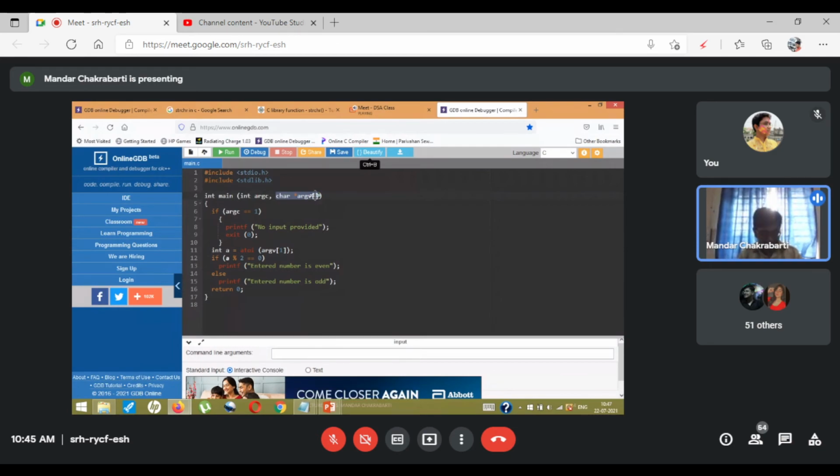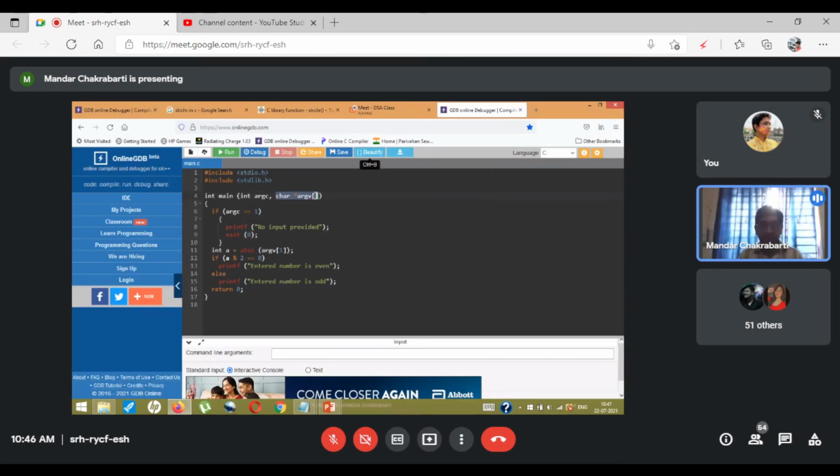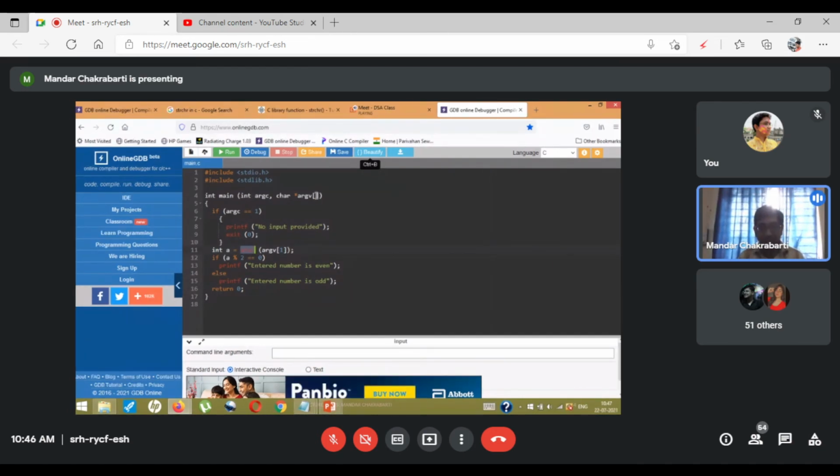But a string is not going to be able to perform mathematical operations, right? With a string, I cannot find out whether it's an even number or an odd. I cannot add two strings. I cannot multiply string values. I need to convert them back to a number format, an integer format. For that we use this particular command: the atoi command converts a string value into an integer value.